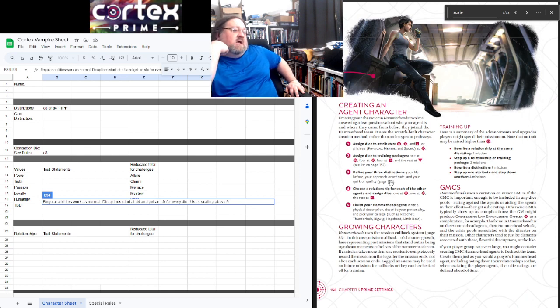Yeah, the Hammerheads. That's probably going to be the easiest one to create and just run like a one shot with. What I'd recommend is doing that and then maybe trying your hand on a couple of the other ones. Oh yeah, Hammerhead's free on the website. Once you've run a couple different types of Cortex, what you start to find is you start to see how